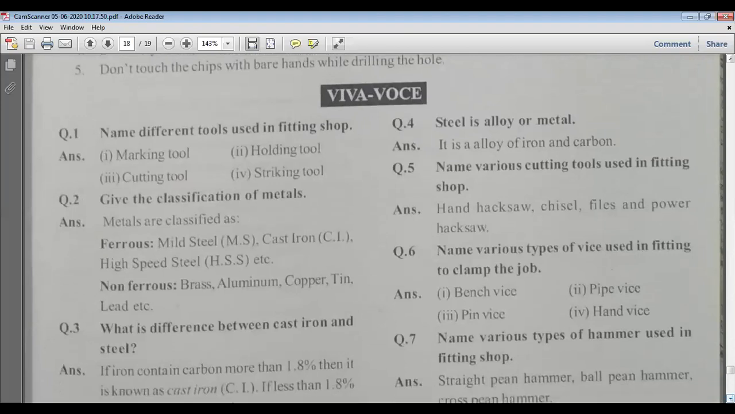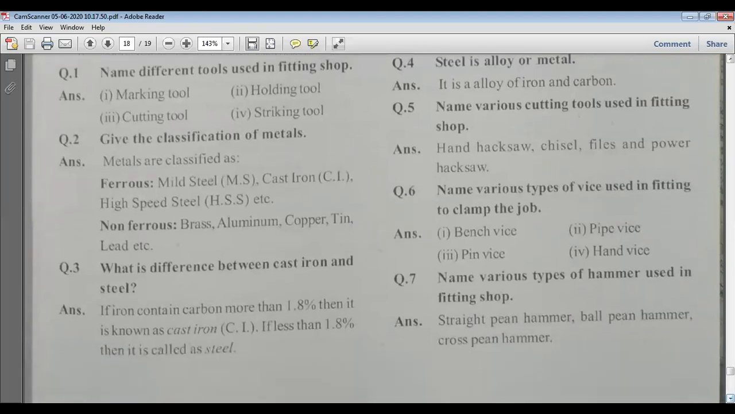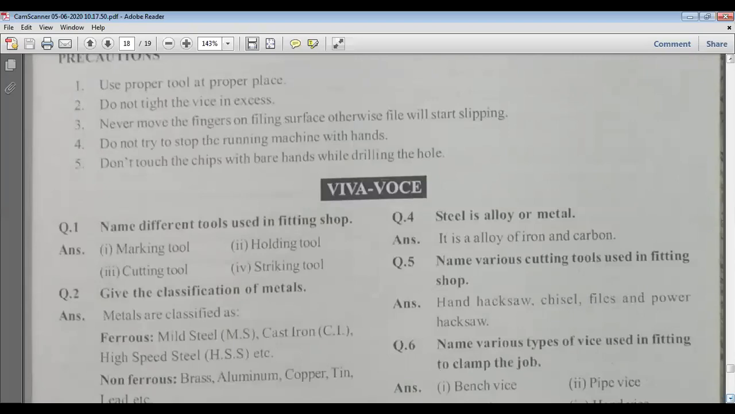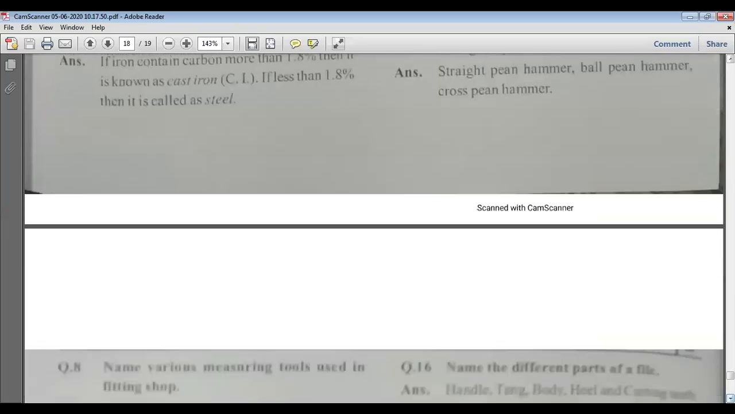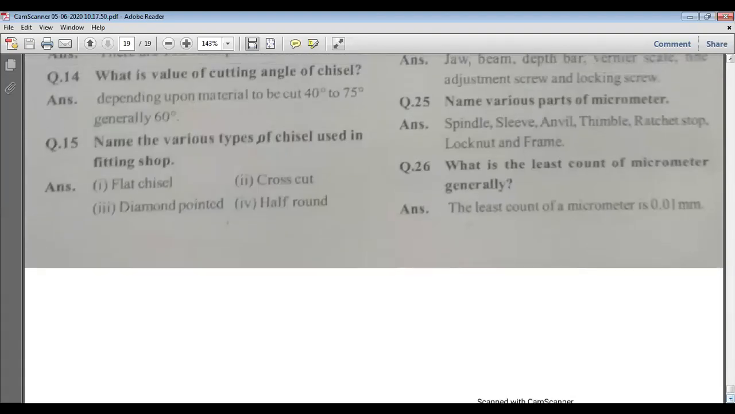Viva questions were: what are the different types of fitting shop, classification of metals, mild steel, cast iron, high speed steel, etc. Then ferrous, non-ferrous, brass, aluminium, copper, tin, lead, etc. What is the difference between cast iron and steel? If iron contains more than 1.8% carbon, then it is known as cast iron. If it is less than 1.8%, it is called steel. So these are important questions that are basically asked in Viva. This is the whole list of questions that we have taught, and we